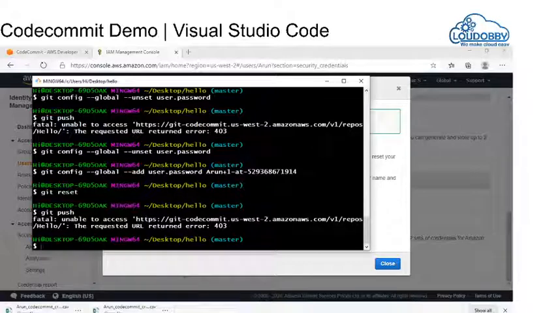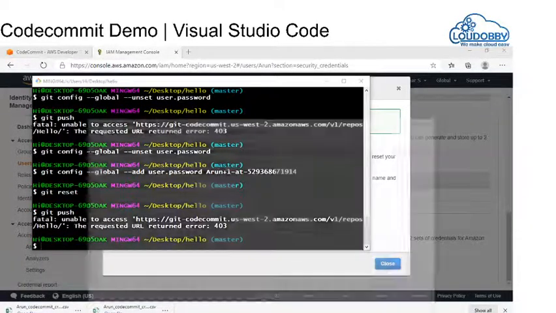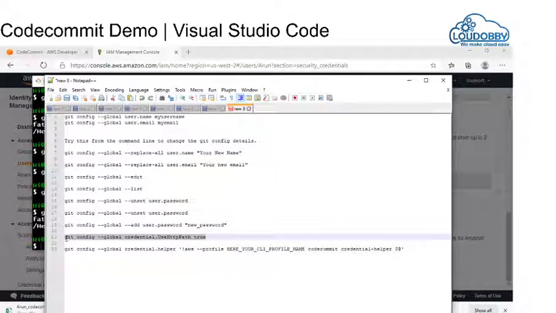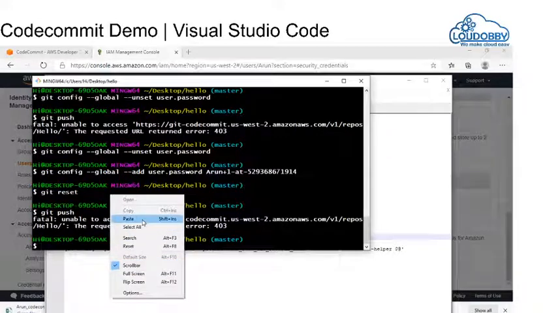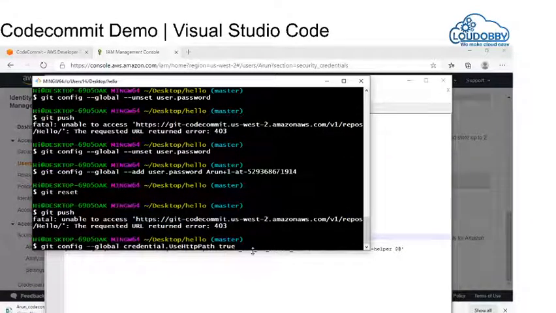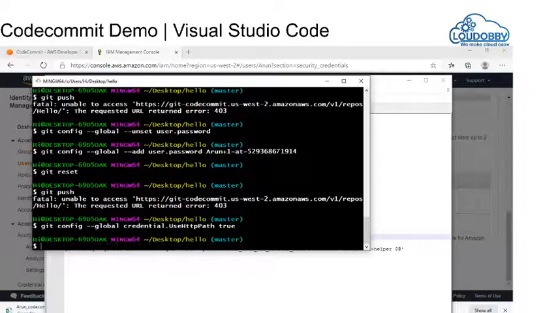Still we are facing the fatal error. Let's see. Since we are using AWS CodeCommit, I have another command which we can try to set, which is git config --global credential.UseHttpPath true. Then we will try to do the git push.